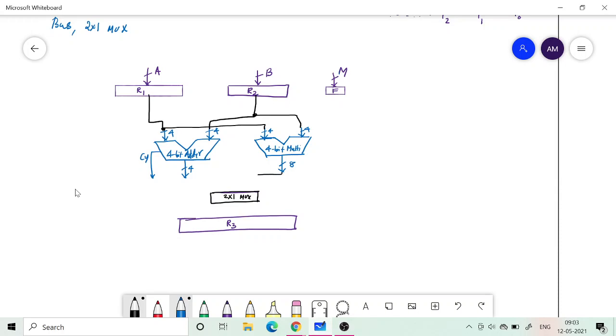So there are two inputs. This is an 8-bit input, and therefore this should also be 8-bit. So what we do is we combine these: 4 plus 1, that is 5, and then 3 more bits, which should be 0. So all of these are combined, and this is 8-bit.